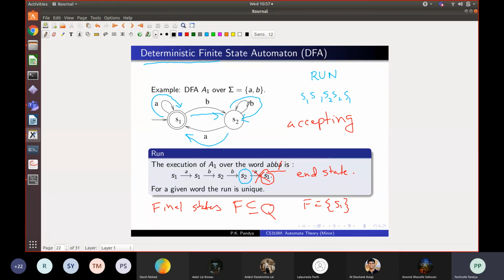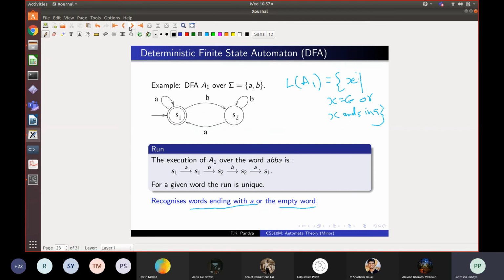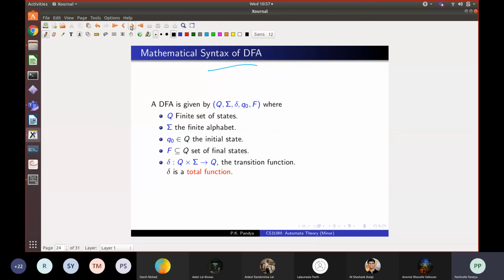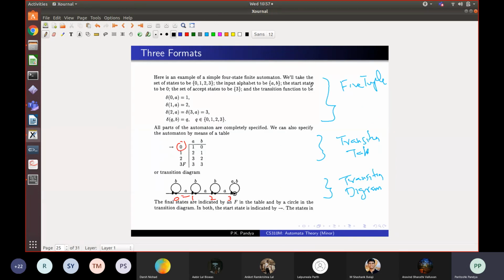Okay. So we have modeled what finite state automata are. We have considered one specific kind of finite state automaton called a deterministic finite automaton, where from every state, on every letter of the alphabet, there is only one move. We considered the syntax of such an automaton, in one of 3 forms. Mathematically, it could be given as a 5-tuple, or it could be given by a transition table or by a transition diagram. And the 3 are equivalent. You can convert one to the other.